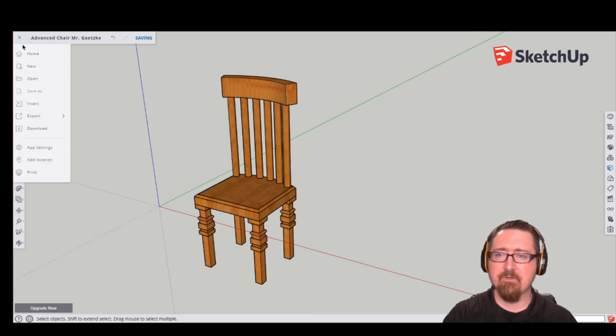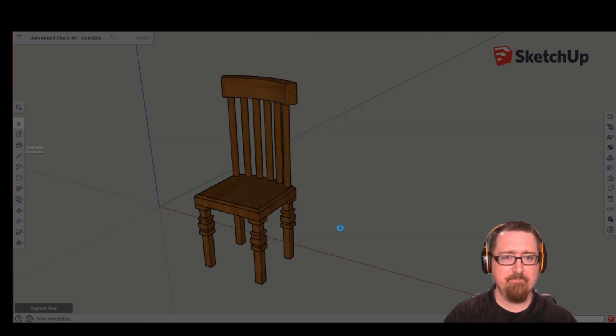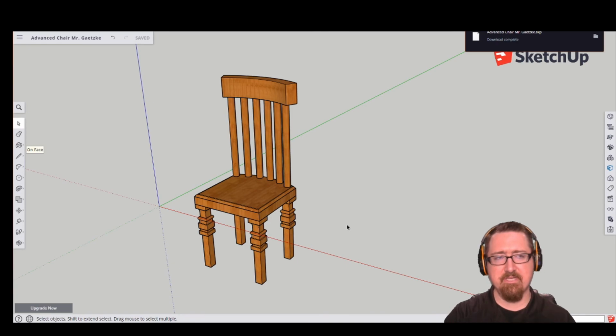We'll come up here like so. We'll go ahead and hit download. Again, we'll go with 2017. We'll hit OK. And again, that's going to download, and then you'll be able to find that file. If you're using a Chromebook, it'll be in the bottom right-hand corner. You'll just hit Show in Folder, find that file, click and drag it into your Google Drive, and then you should be able to, from there, upload it to Google Classroom. So,